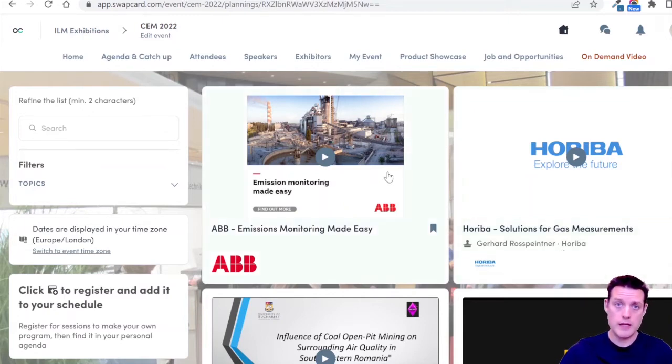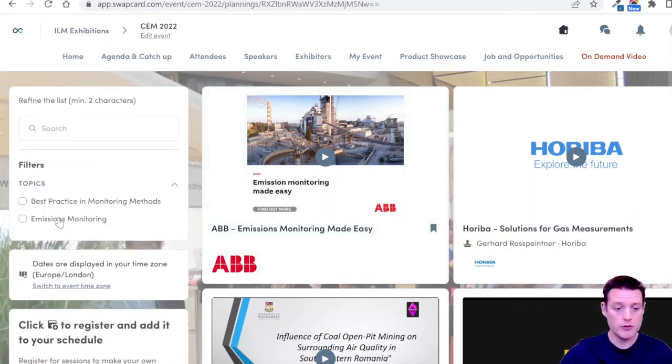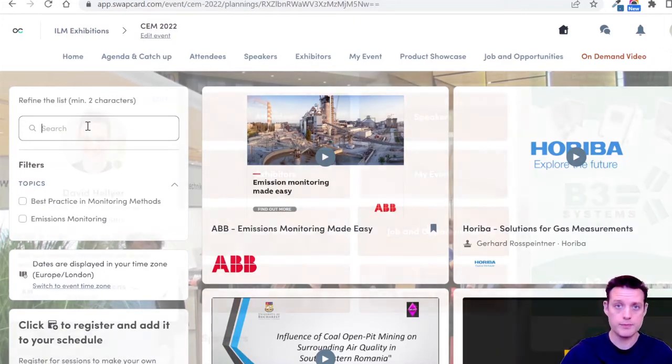So when you log in and you see the on-demand and the poster presentations, you'll be able to filter these down by topic. This particular event was a little bit more commercial, so we had more commercial videos in here, but these will be where we host the poster on-demand presentations. And again, you'll be able to search for them by keyword, so if that word appears in the abstract, you'll be able to find them in this system.